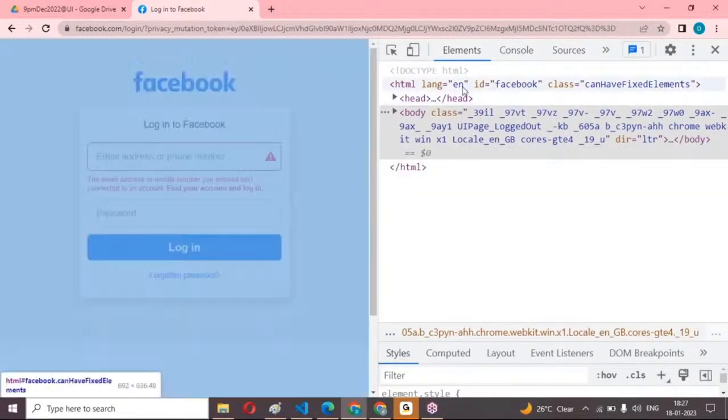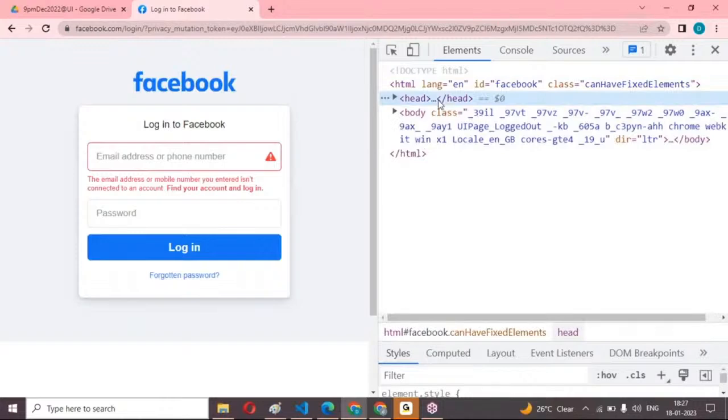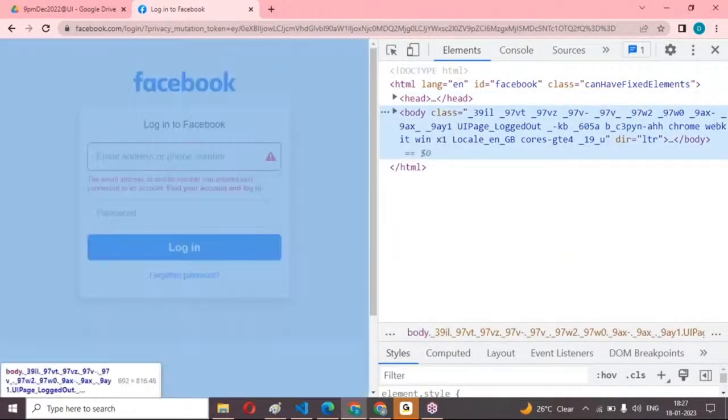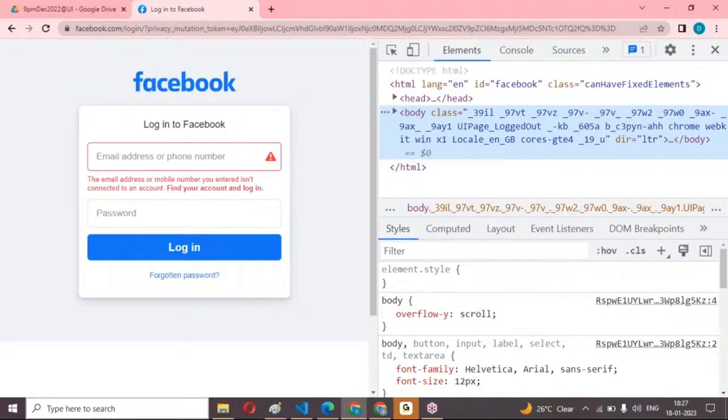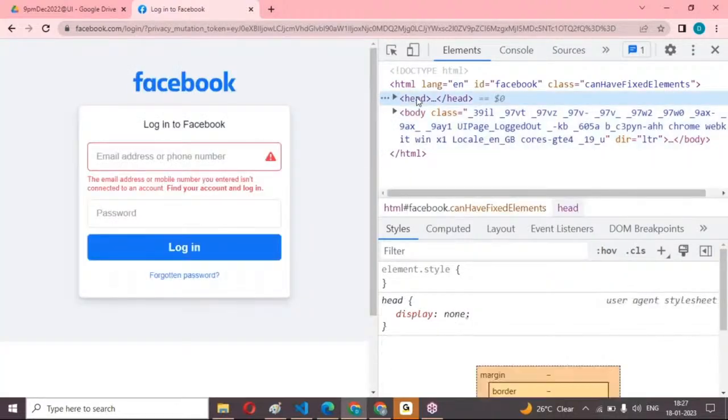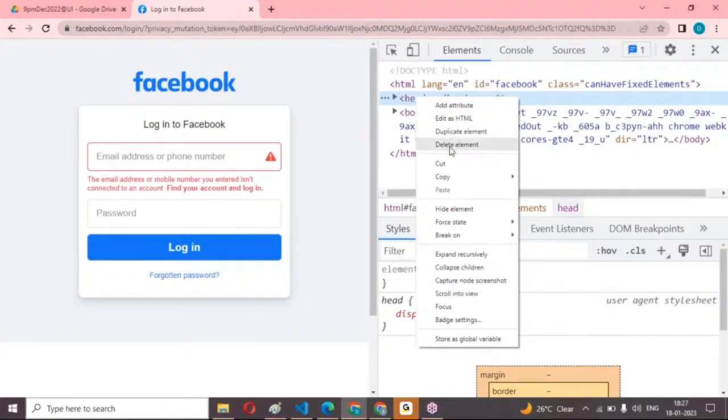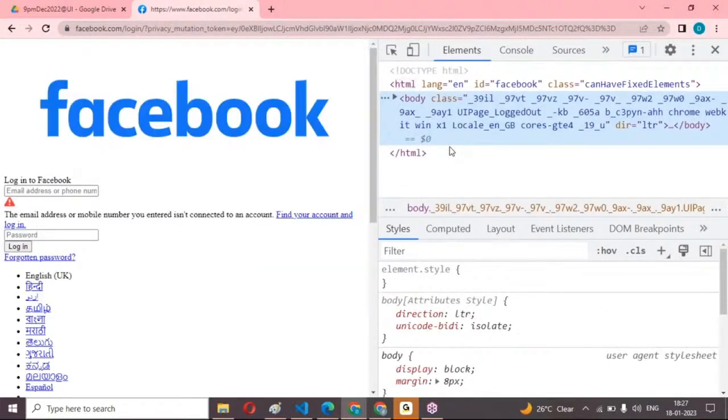For the body tag, whatever font family and font size we have written in CSS, it is showing for us. If I don't write the head tag, see, the total alignment of the web page is missing. Complete alignment, left